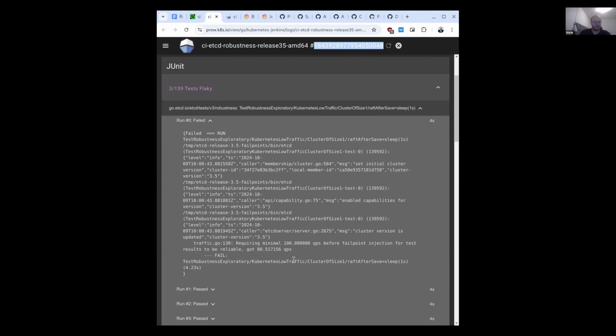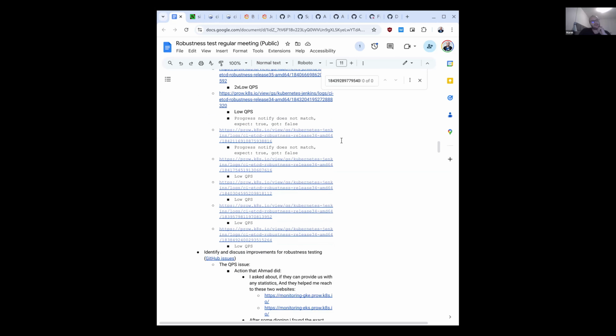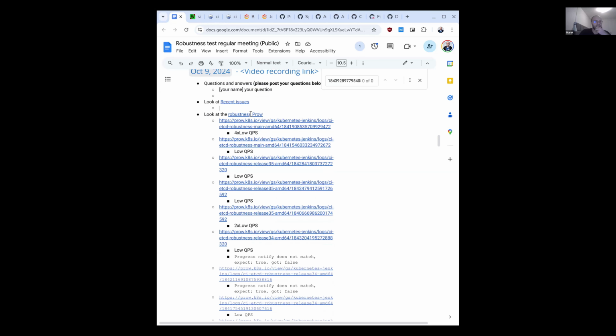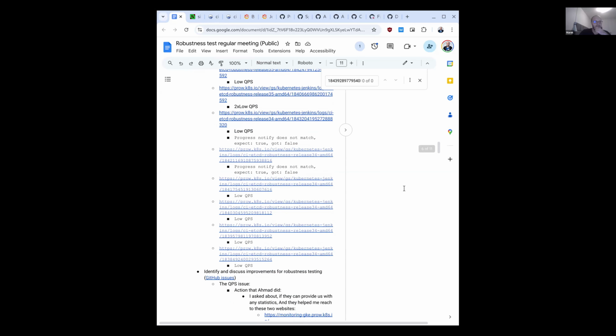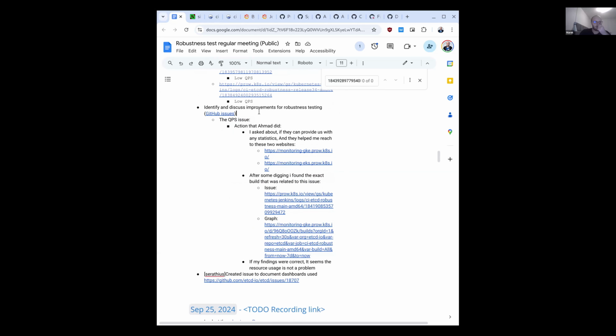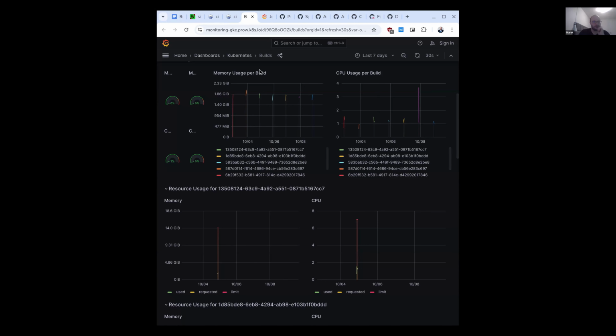Yeah, so this is GPS. So we need to... Yeah, we could say that the triaging of the issues is done, or the failures on the QPS issue. On the QPS issue, I'm still trying to think if this is CPU, like you mentioned, you looked at the CPU and this is like the job, and yes, it looks